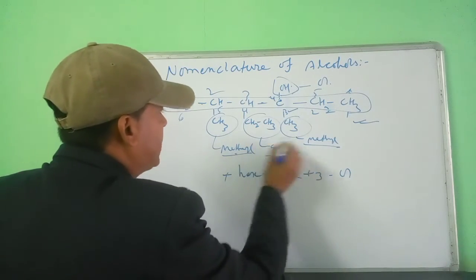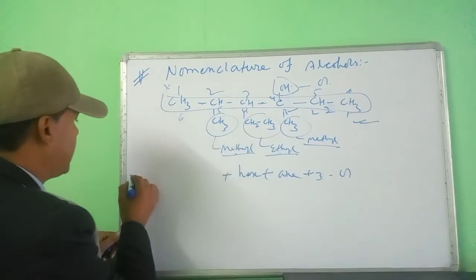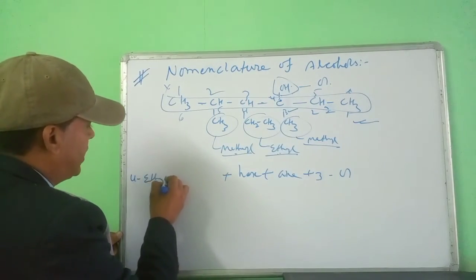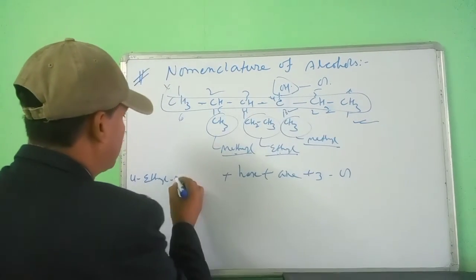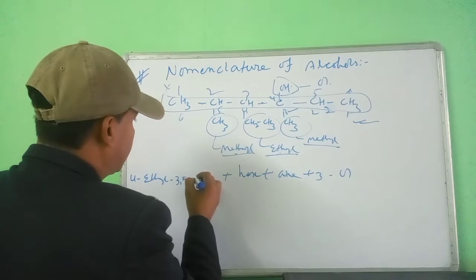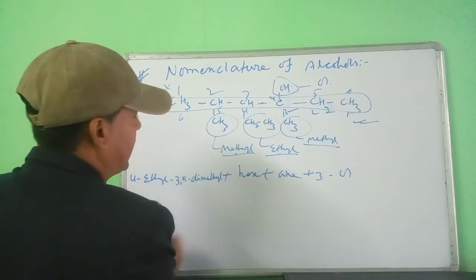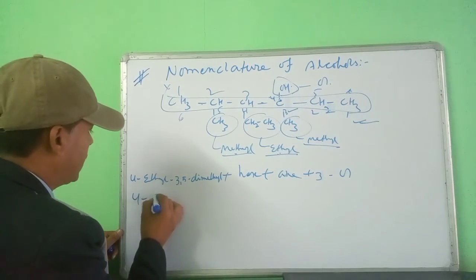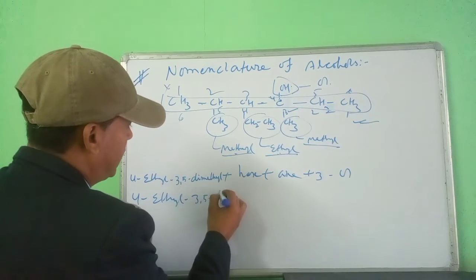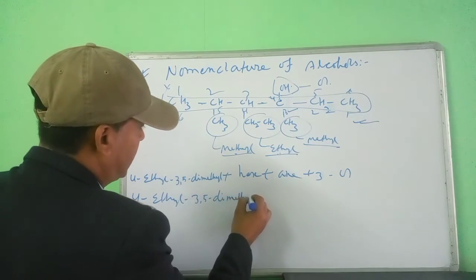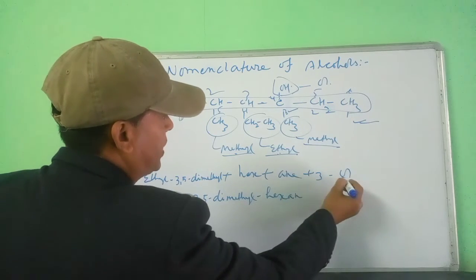So ethyl and methyl, which one is written first? Ethyl can be written first. So the position of ethyl is 4, and the position of methyl is 3 and 5. So 3, 5. Here the di term can be written: dimethyl. Okay. Now finally we get 4-ethyl-3,5-dimethyl-hex plus an, with the e replaced by ol,